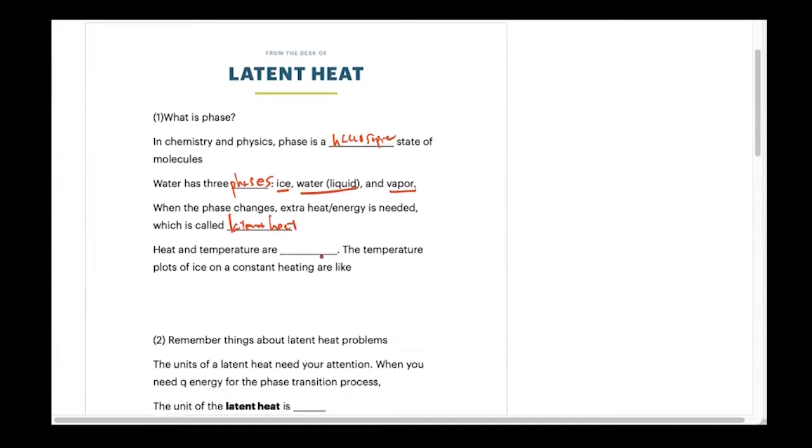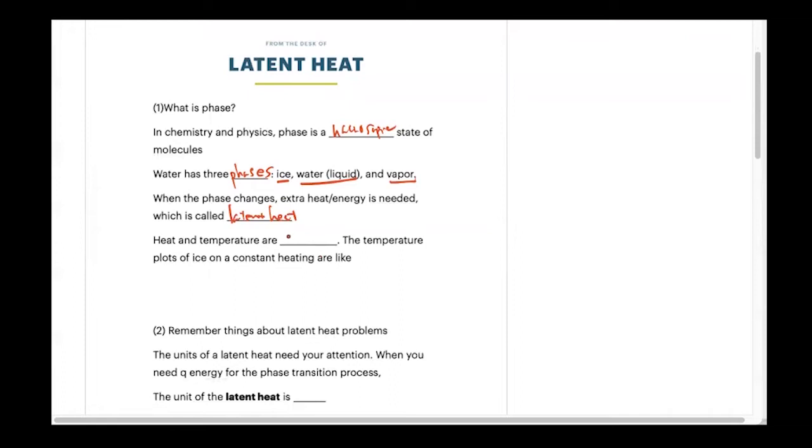The important thing to understand about latent heat is that heat and temperature are two different parameters. So for example,